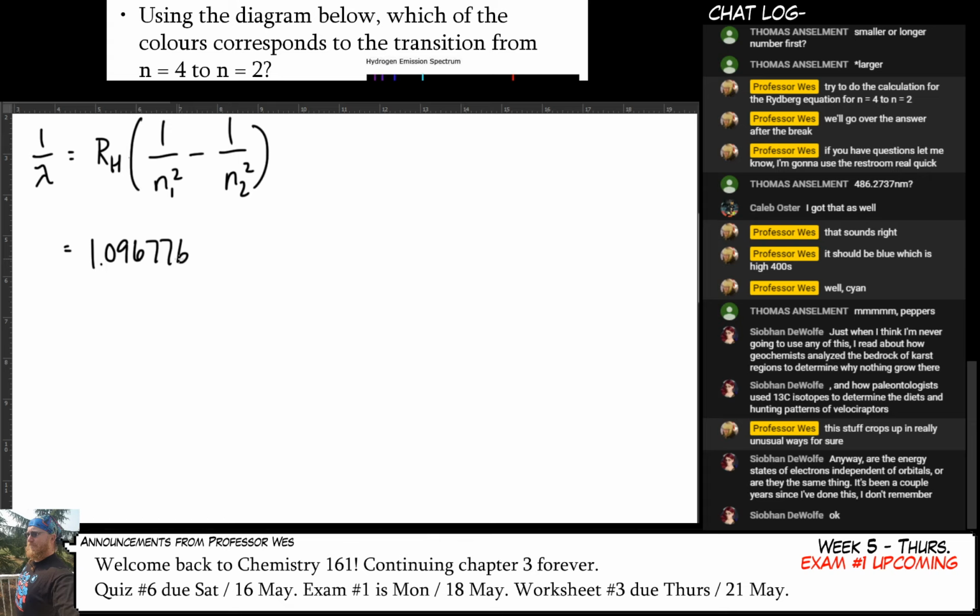I had my calculator on, so I was looking at this number, 1.096, so yeah, that's right, times 10 to the 7 per meter. And I want to go from 4 to 2 this time. So that means that this will be first. And so when I punch that all out in the calculator,